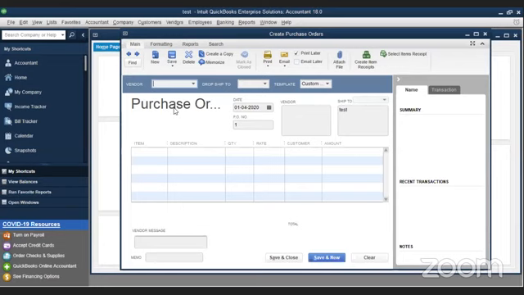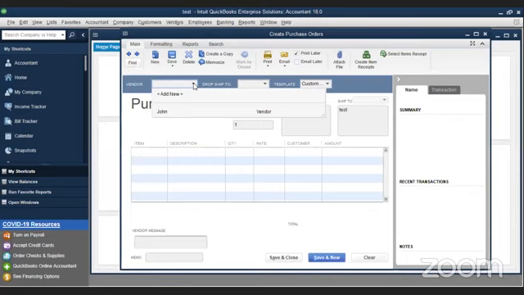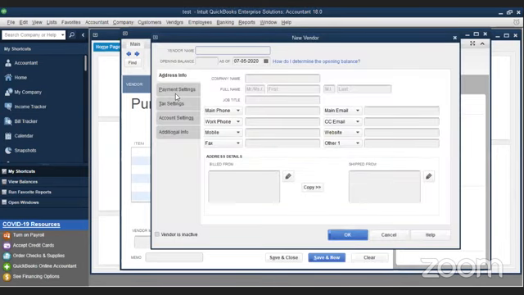For the purchase order, you simply go to vendor, you click it, and you see only John, but this is a new vendor. We are going to buy some, we'll say fittings. So we are going to add a new vendor. This vendor's name is, we'll say, Mark.